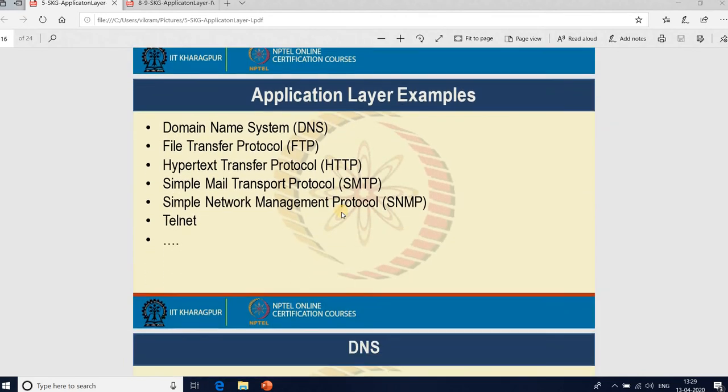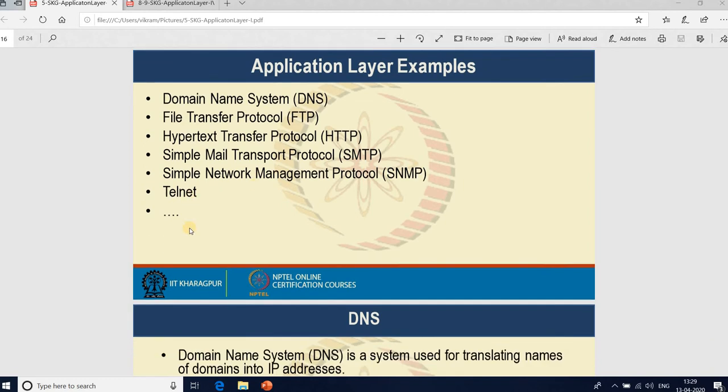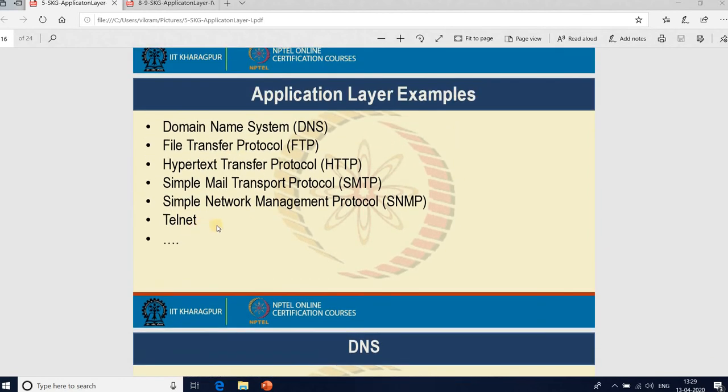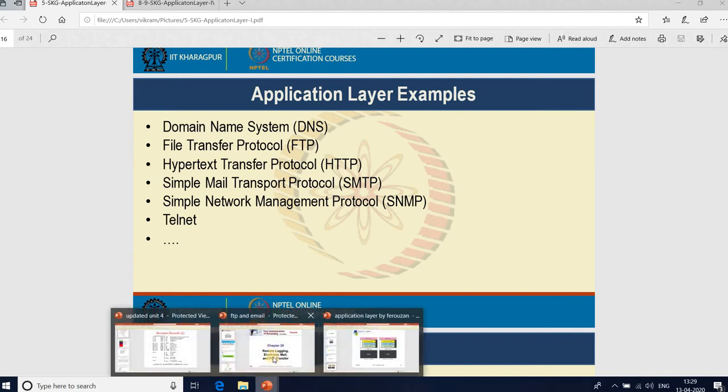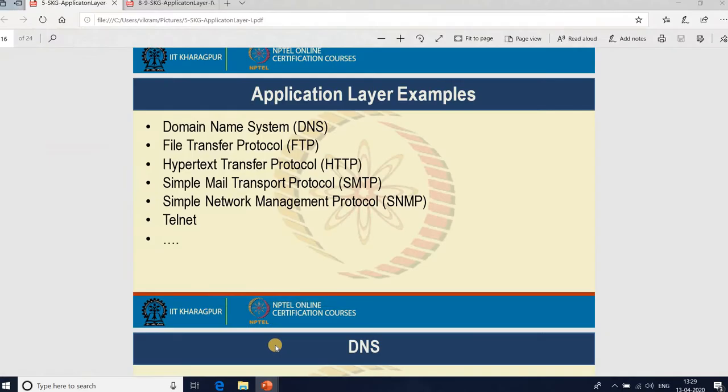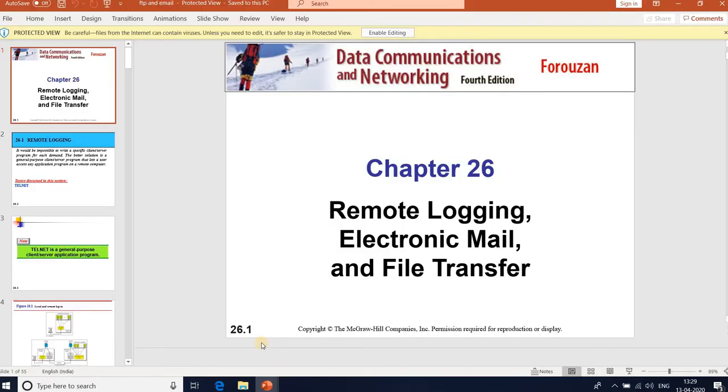Examples of the application layer are DNS, file transfer protocol FTP, hypertext transfer protocol HTTP, simple mail transfer protocol SMTP, simple network management protocol SNMP, and telnet. In the previous class we discussed DNS. Today we'll go through remote login, electronic mail, and file transfer.